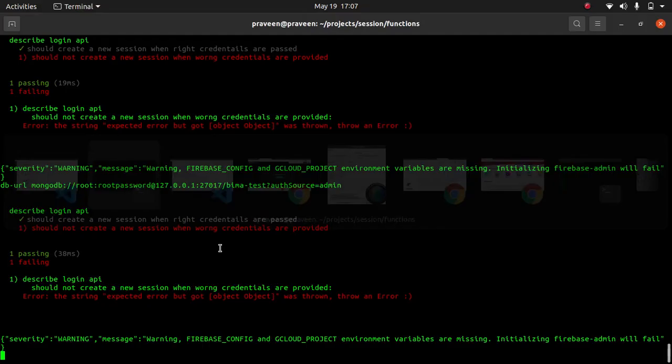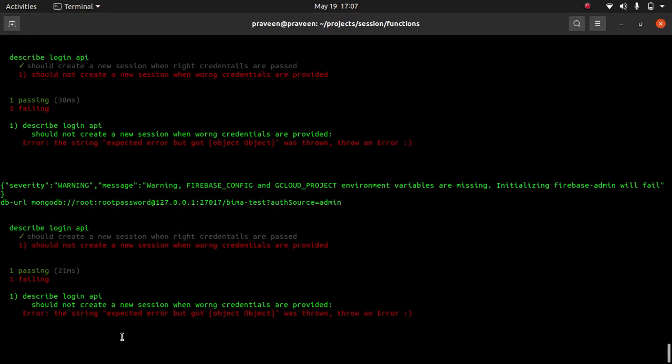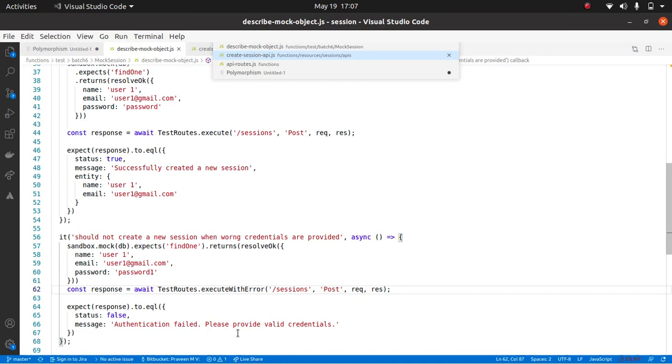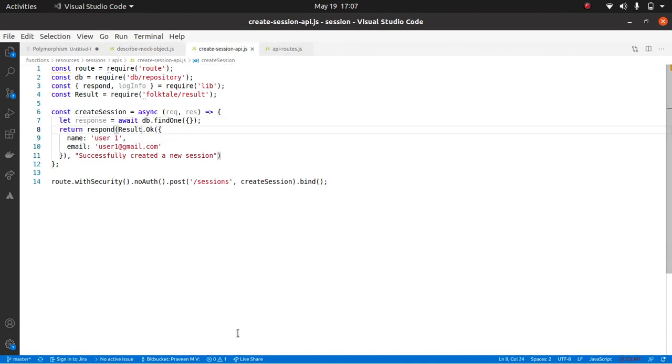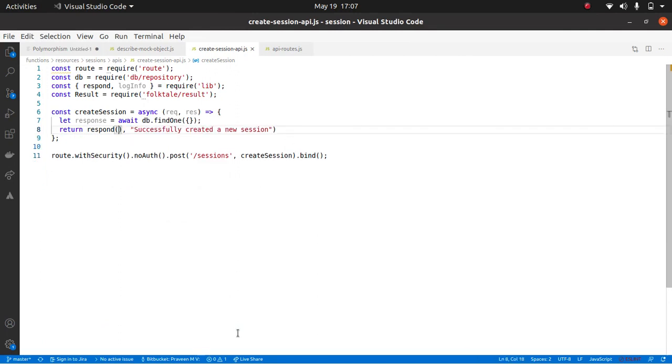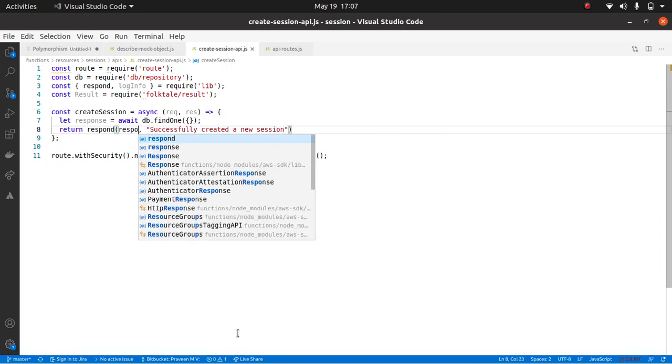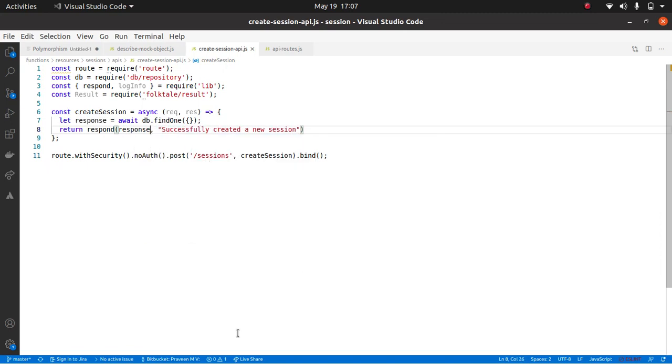So let us look at what happened. Here again it is telling expected error but got an object. So why was that happening? Here if you see, by default I am passing result OK, correct? Now what I will basically do is pass a response. We need to pass that response, right? Whatever we got from the database, we need to pass that.